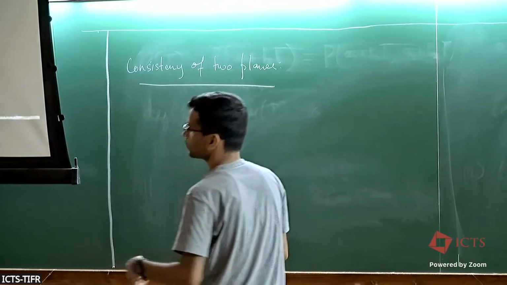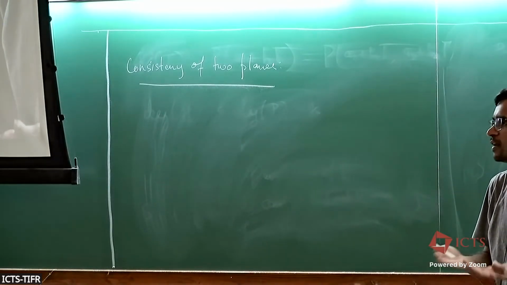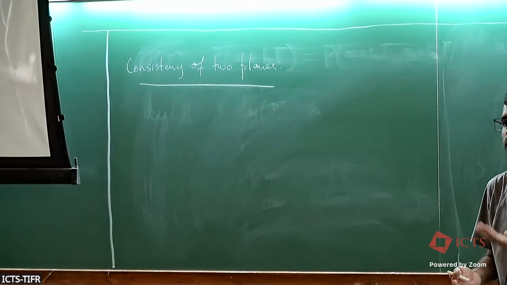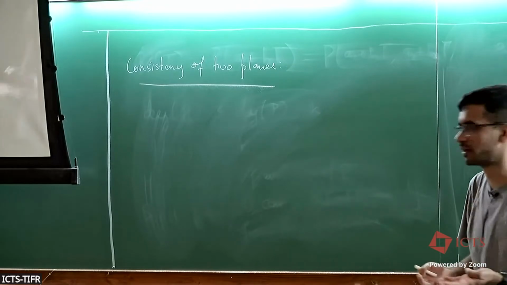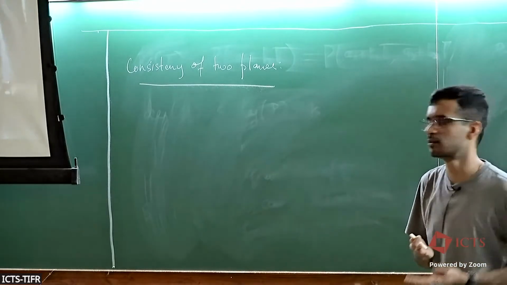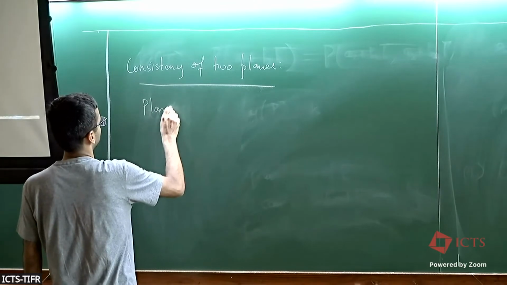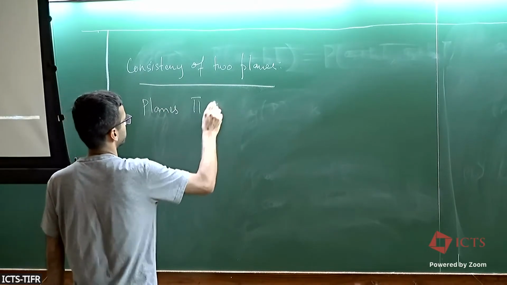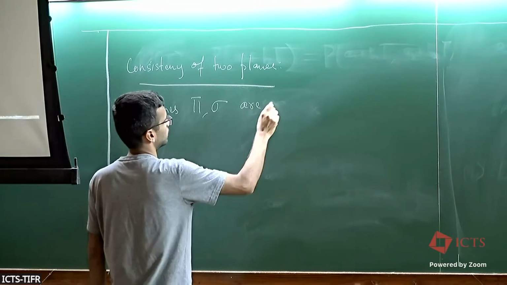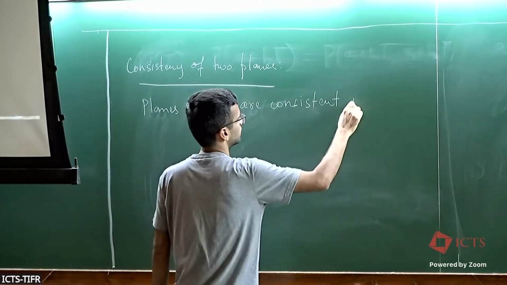The test is querying the polynomial at a random plane, and deciding whether to accept or reject based on whether the restriction is a degree k bivariate or not. We'll say that two planes pi and sigma are consistent if